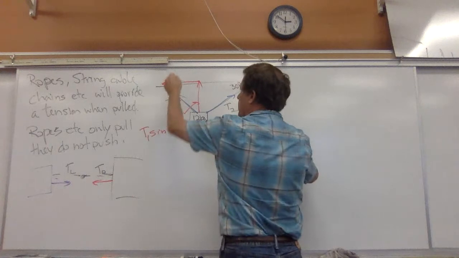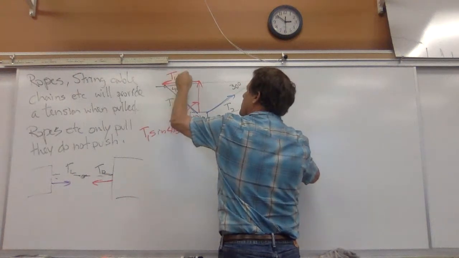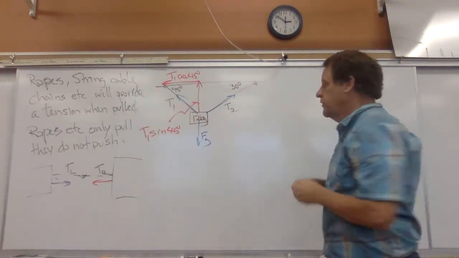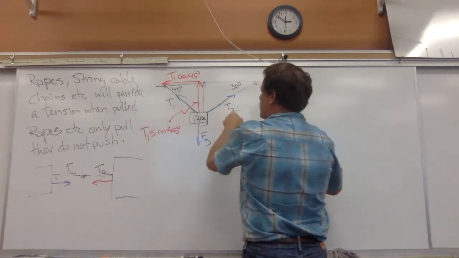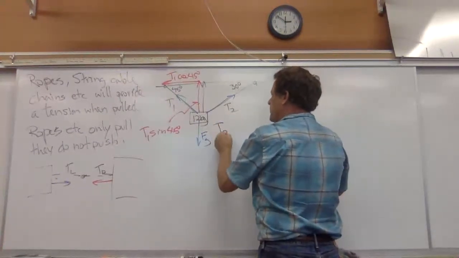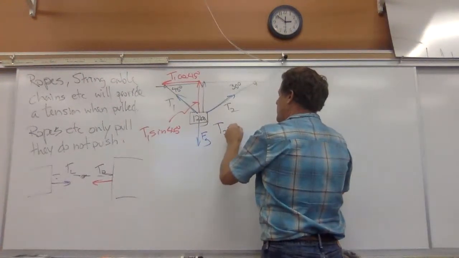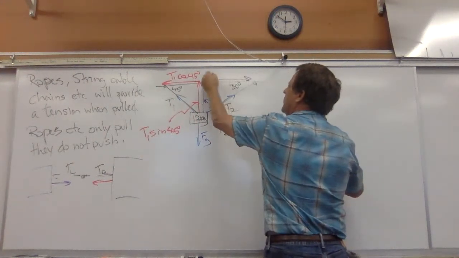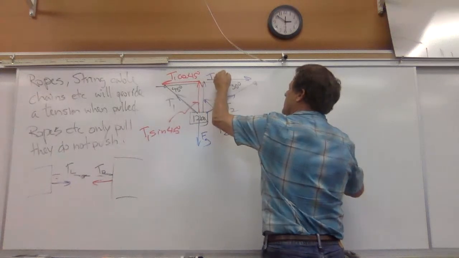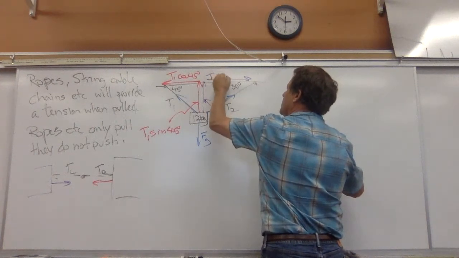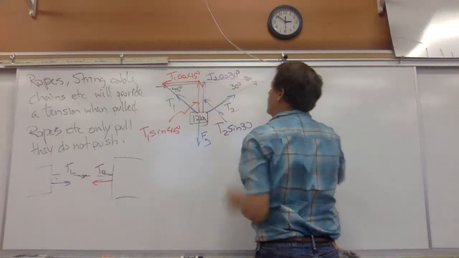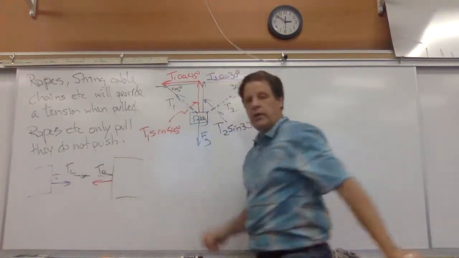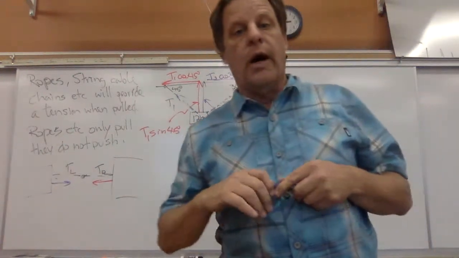Okay, that's the part that's pulling up, and this one up here is going to be T1 cosine 45 degrees. We're going to do something very similar on the other side. We're going to have a portion of T2 sine 30, and that is that one, and then we're going to have T2 cosine 30, which is at the top. And now essentially we've gotten rid of these, and now everything is in our X or Y, and now we